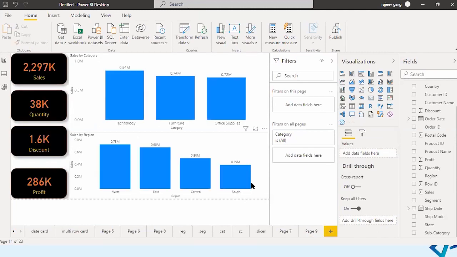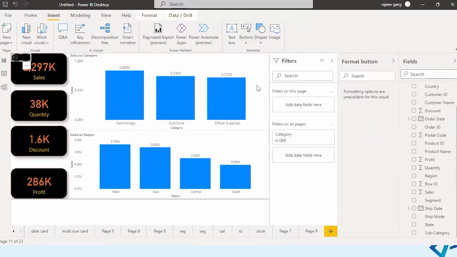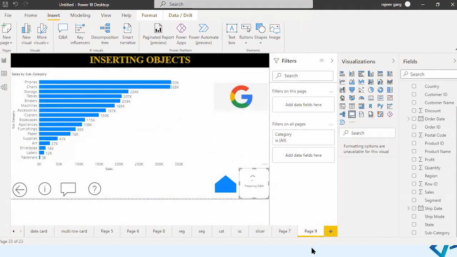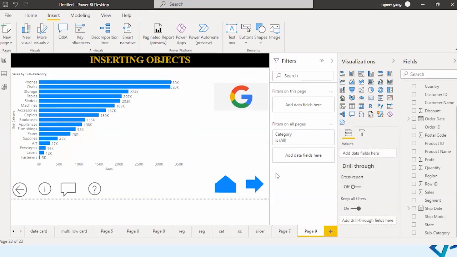Here you can also insert a button which will take you to the previous page. So I can go to insert button. I will say back. Right. You can say control click. It will take you to the page. Then let us take the action on this.